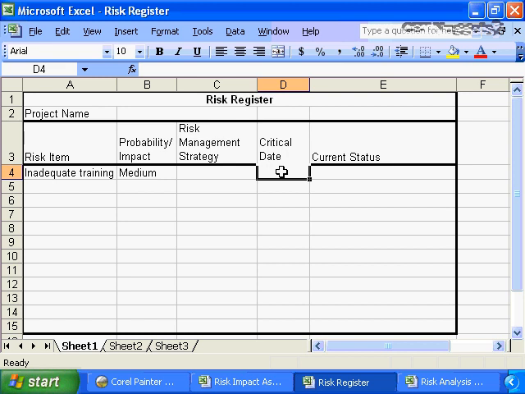So to keep this generic, I'm simply going to say the critical date for inadequate training is going to be in month 4 for our project. In a true project delivery scenario, let's make that month 4. In a true project where you have an actual project plan in place, you would be able to say this is going to appear in June or August or September. At this point in time, because we're dealing at the high level, we're simply going to say in month 4